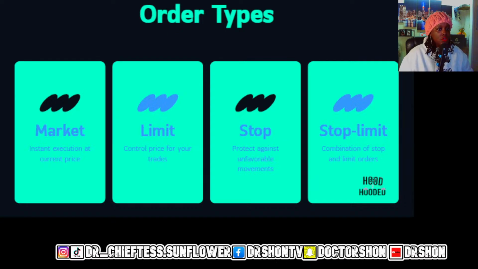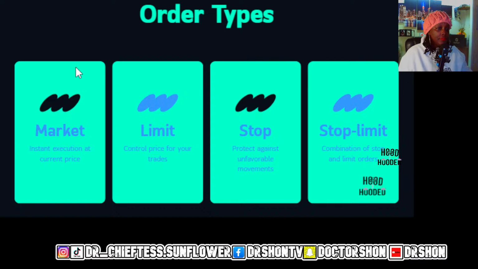Stop order. So stop order or stop loss or stop buy, this is an order that protects you against unfavorable movements. It's an order that triggers a market order once a stock hits a specific price. All right? So if you own Tesla at $200 and you want to protect yourself from losses, you can set a stop loss at $190. If the price drops to $190, your shares sell automatically. So this is how you can stop the bleeding, basically. Limit is you limit the price you're willing to pay or sell, and stop is you limit the price you're willing to lose,